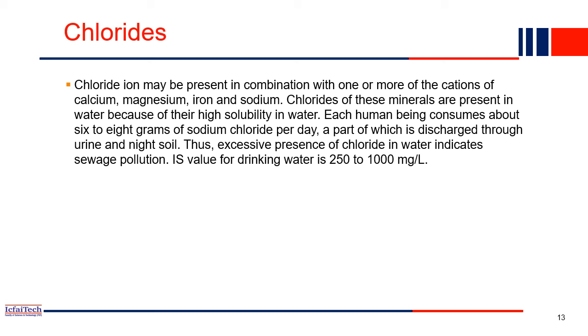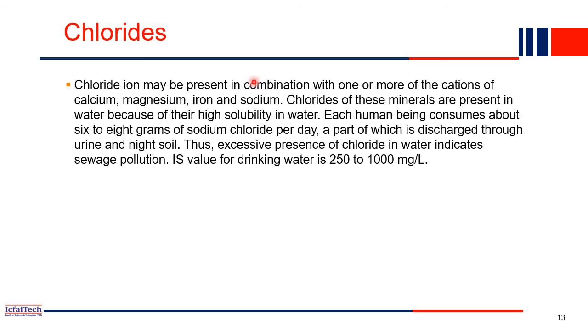We have used chlorine or the chloride present in the water. So some percentage of chlorine and chloride is good for the water. But again, if it increases more than 100 milligram per liter, the chloride is not good for the wastewater. The IS Indian standard recommended value is 250 to 1000 milligram per liter. So if the chloride content is in this range, then it's fine. Otherwise, we have to treat it for the purification purpose.